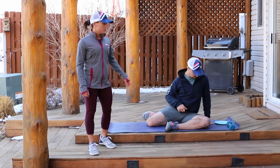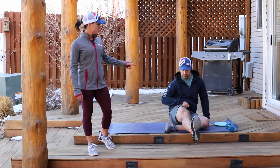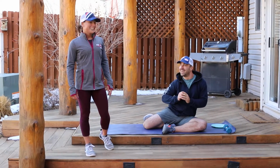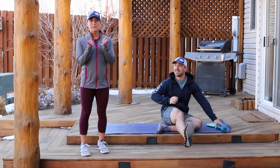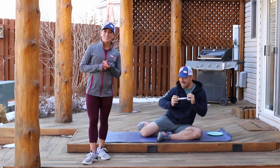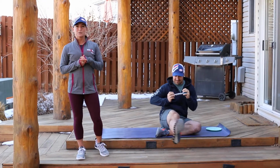Progression 1 is what Ryan's doing, where he has his hand on the ground, so he's supporting his upper body. Progression 2 would be to pick your hand up off the ground, so it's a little bit more core. And then progression 3 would be to grab a weight and hold the weight up as you do it, and that would just be to add a little bit more core stability as well. So while he's getting stronger, more mobile hips, we're going to go to our second key,